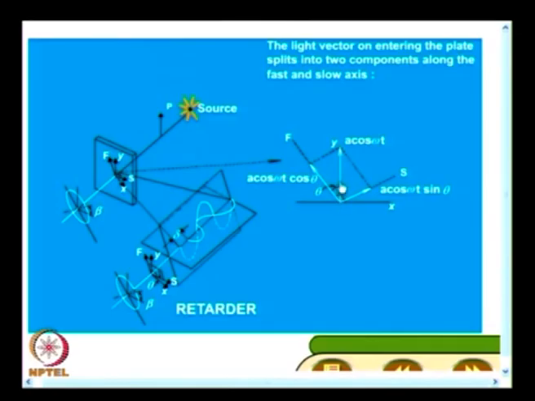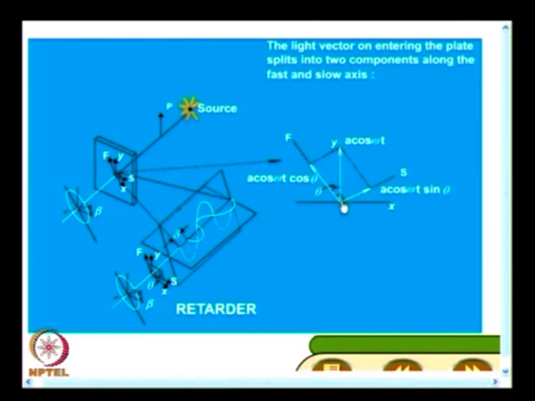And if you look at what happens on the front surface, I have the reference axis as x and y, and the crystal has reference axis as slow and fast, which is rotated at an angle theta. So, whatever light is represented with respect to the xy axis has to be represented with respect to the slow and fast axis of the crystal plate. When you are looking at the model, it is the slow and fast axis at the point of interest, which coincides with the principal stress directions,